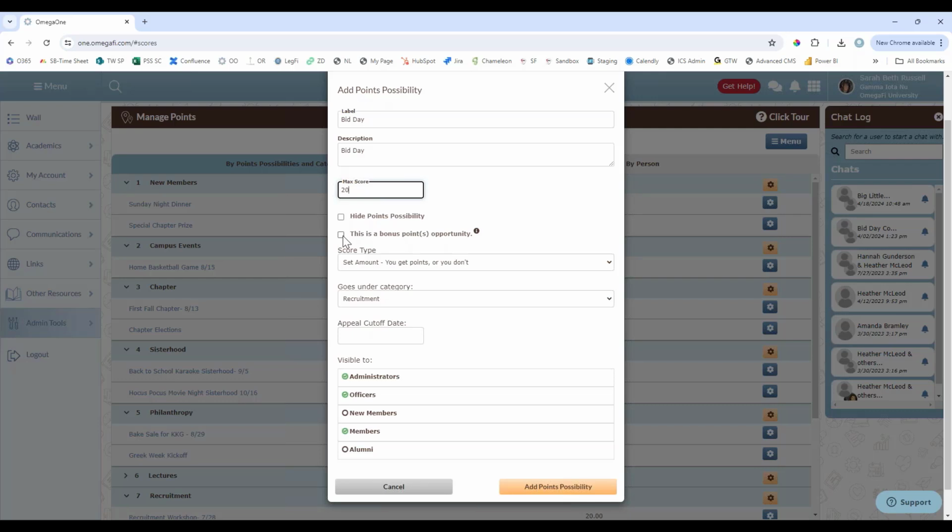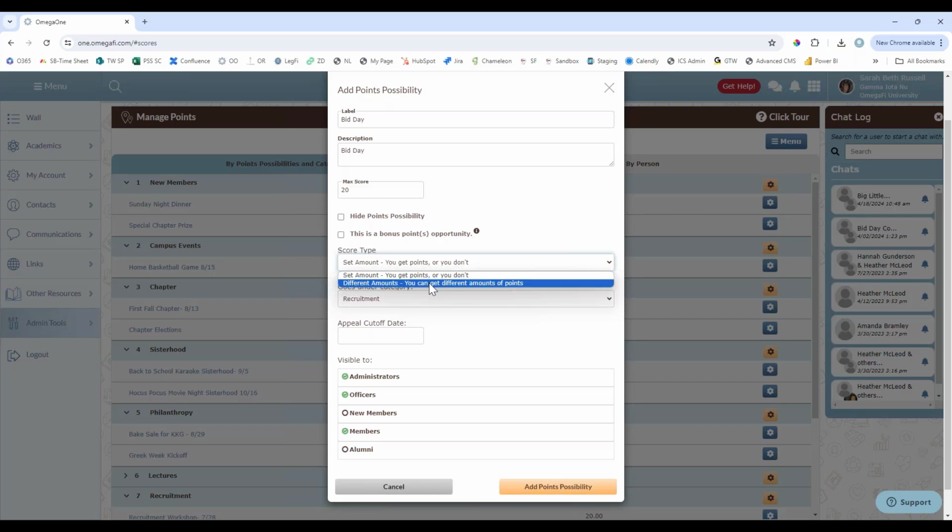So depending on how you have your points set up, which we'll look at in a minute, you can have like a total amount of points that everybody needs to get, or just in general X amount of points are available. So you can put this as a bonus point opportunity, or you can hide the points possibility so they won't see how many points it's worth. Then you can also choose if they can get different amounts of points.